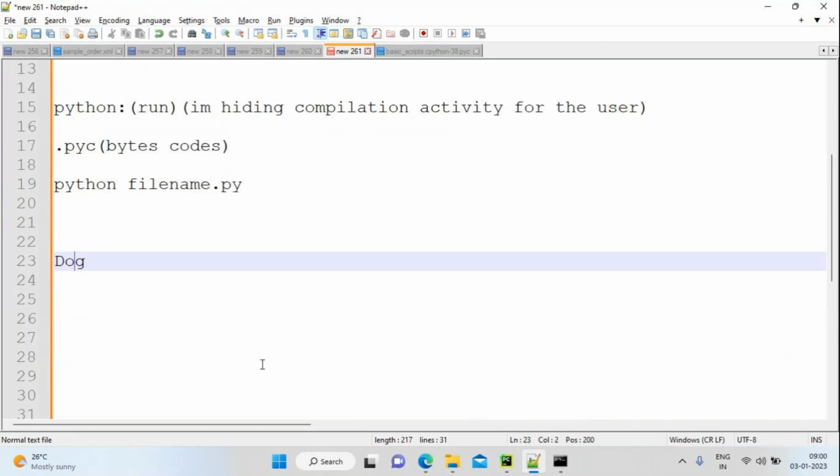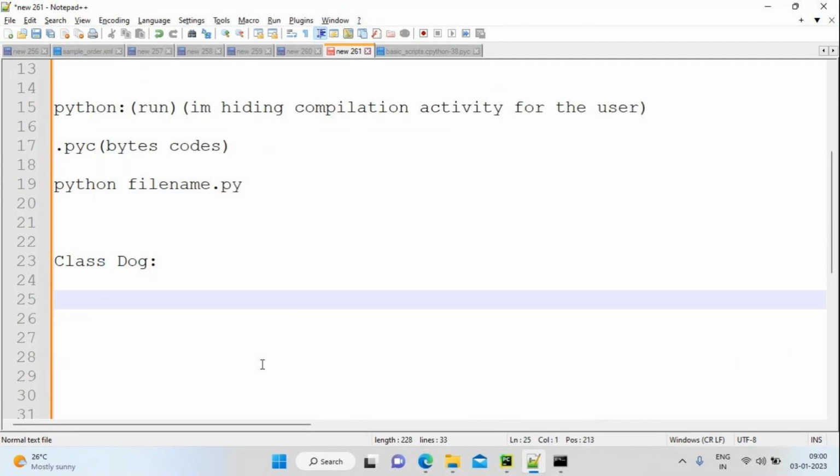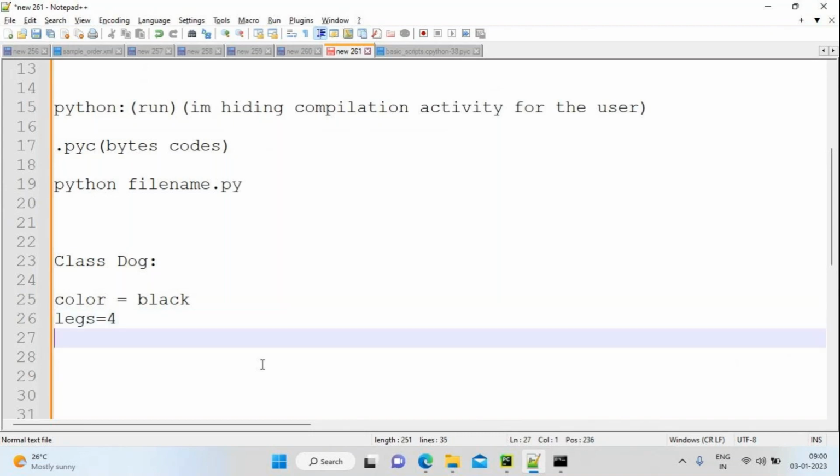Not an object actually, it's a class. The class is dog. For a dog, what properties will be there? These are properties: color equals black, and legs equals 4.